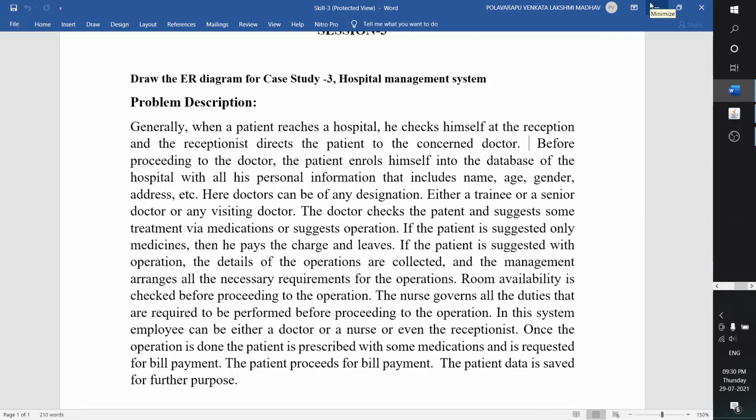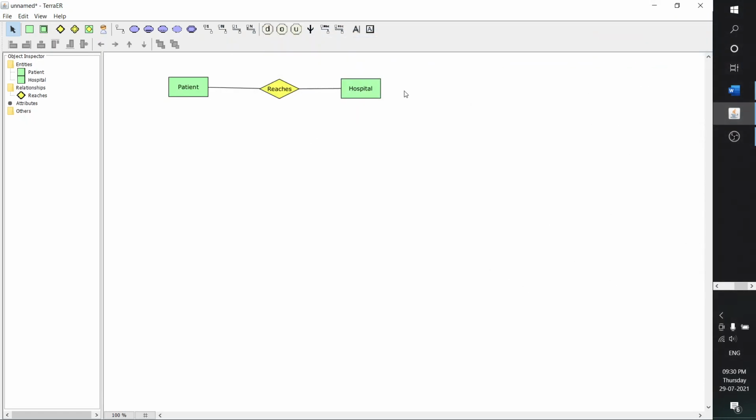Then he will get into a hospital. From the hospital, the patient reaches the reception. So the hospital has a reception, right?